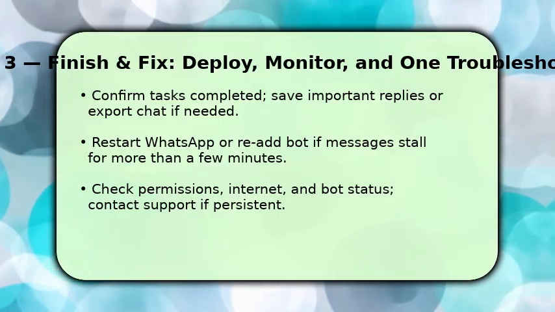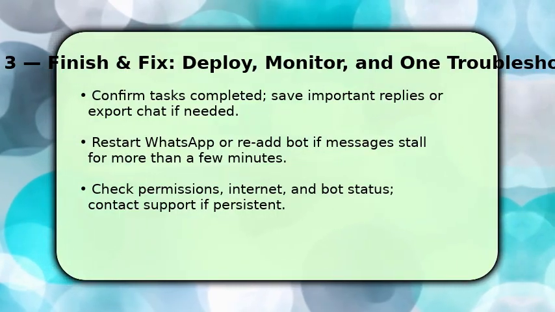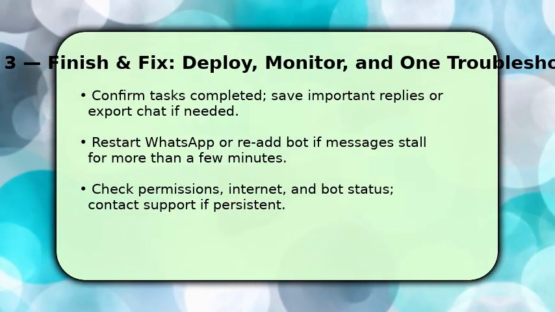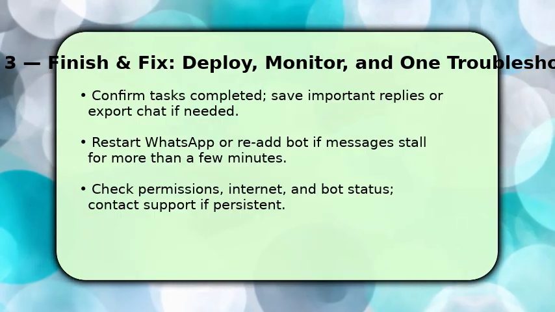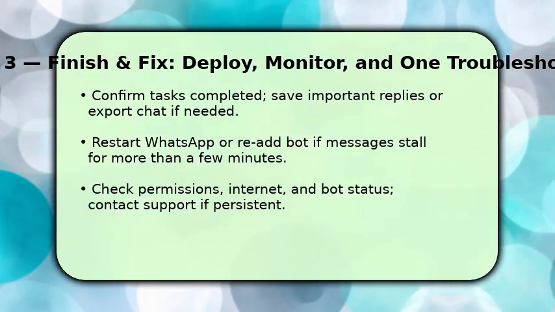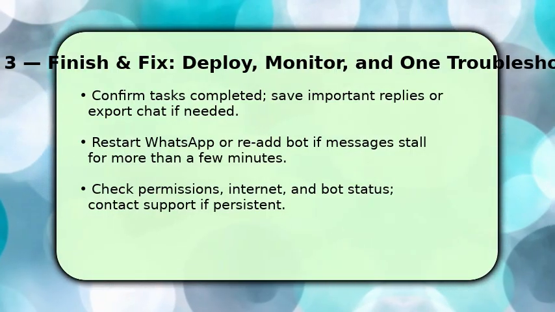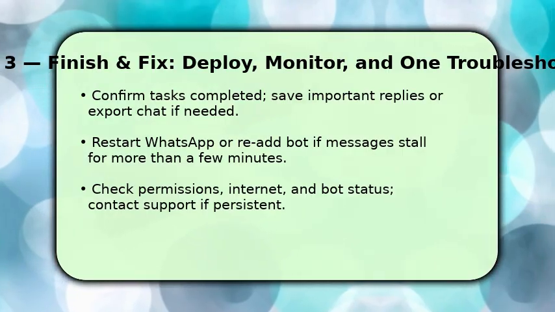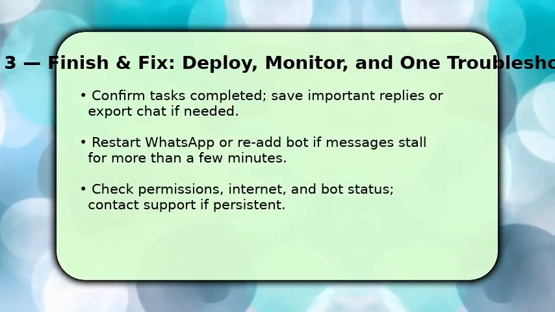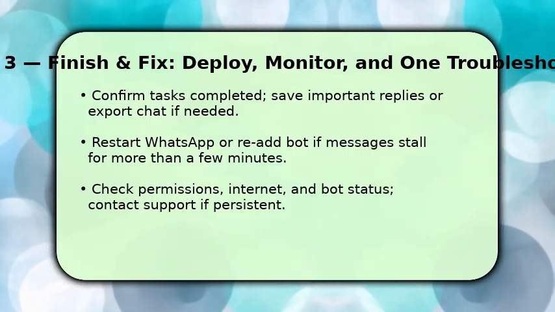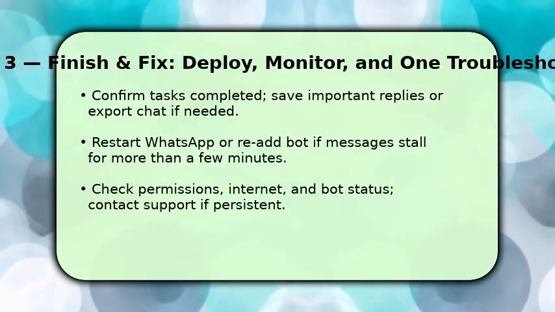If messages stall, first wait a short moment, then restart WhatsApp or toggle your connection. Many issues resolve quickly. Make sure permissions and background data remain enabled and confirm the bot service status if problems persist. If you continue to see errors, re-add the bot contact or contact the provider's support. They can check account or rate limit issues and restore full